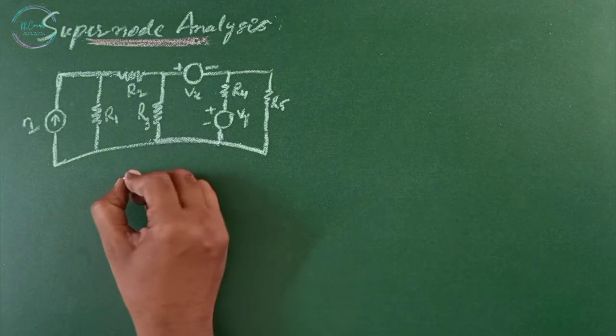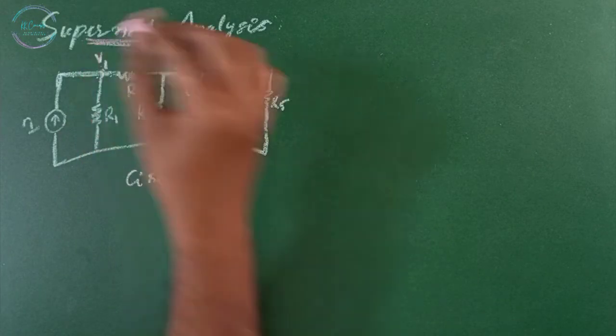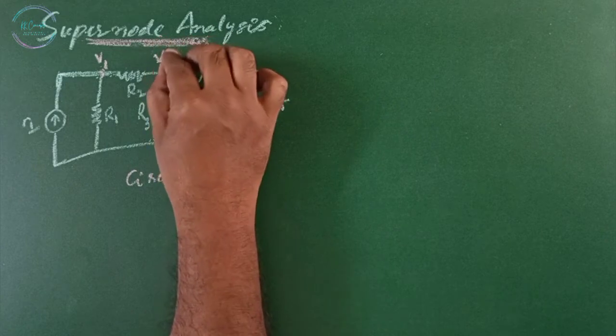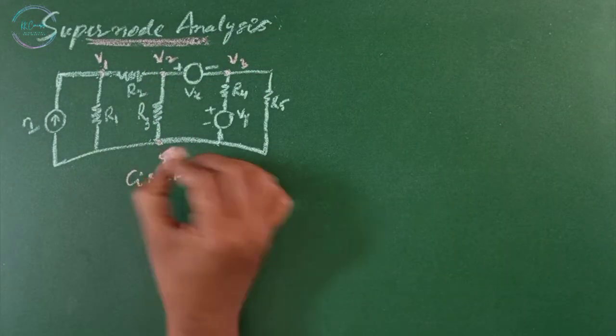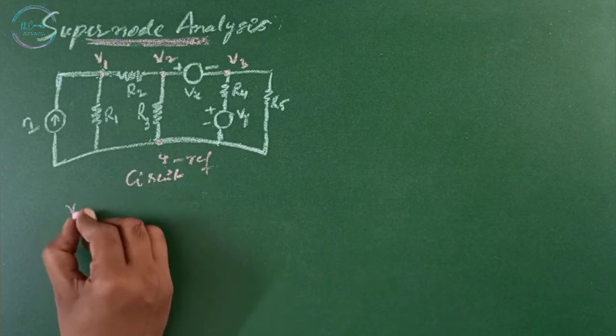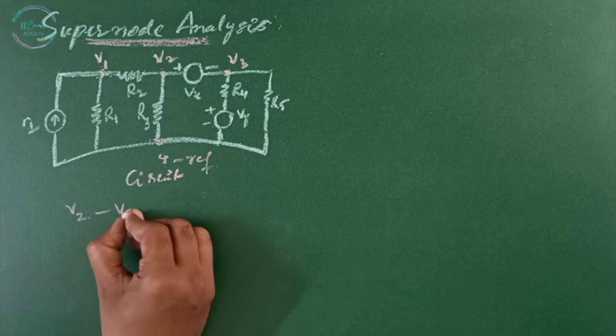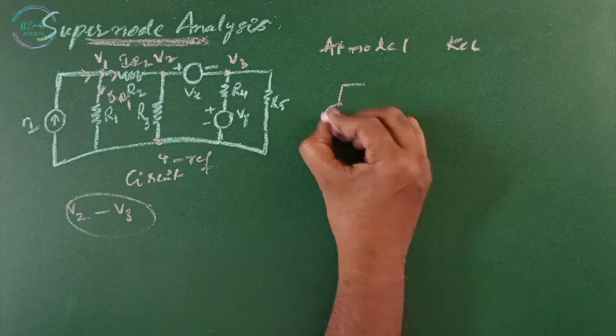So this is our circuit. We have node 1 having the voltage V1, node 2 having the voltage V2, and node 3 having the voltage V3. A fourth node is taken as the reference node. We have the voltage source Vx between V2 and V3, and the current source at node 1. So when you redraw that,